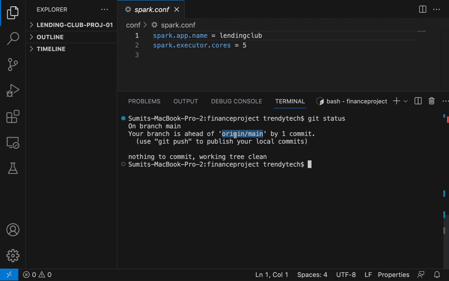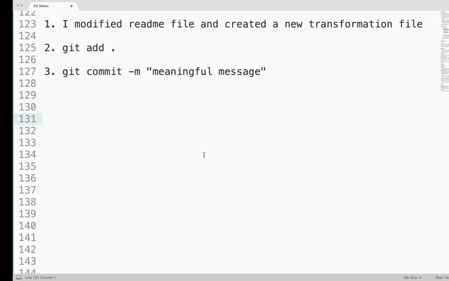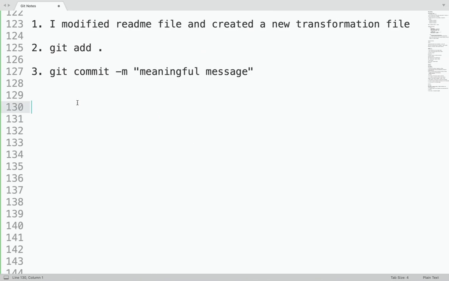Origin always think of it like your GitHub, right? On GitHub, whatever is the main branch, our local branch on my laptop is one commit ahead of that remote branch. I'll write it here. It says our local, let me not say branch, because I have not taught you branch right now, I'll teach it. So our local is ahead